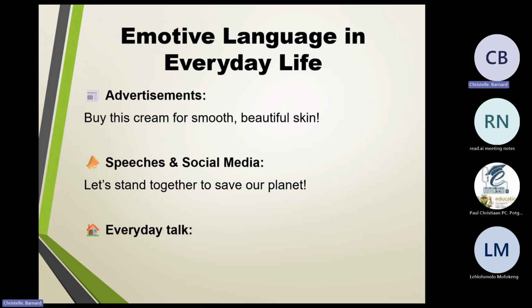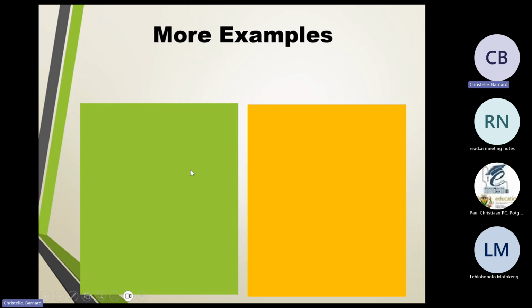And then the last one, in our everyday talk, right? Perhaps your mother says something, and then you can say, Mom, please let me go. It's so unfair. You asked her if you can attend a party and she says no, right? So please, you're begging. You wanted her to feel guilty. And then also unfair. Unfair also creates a certain emotion. You feel that you've been treated unfairly. And that can also make your mom feel guilty. So those are examples of emotive language, and we can use it in everyday speech.